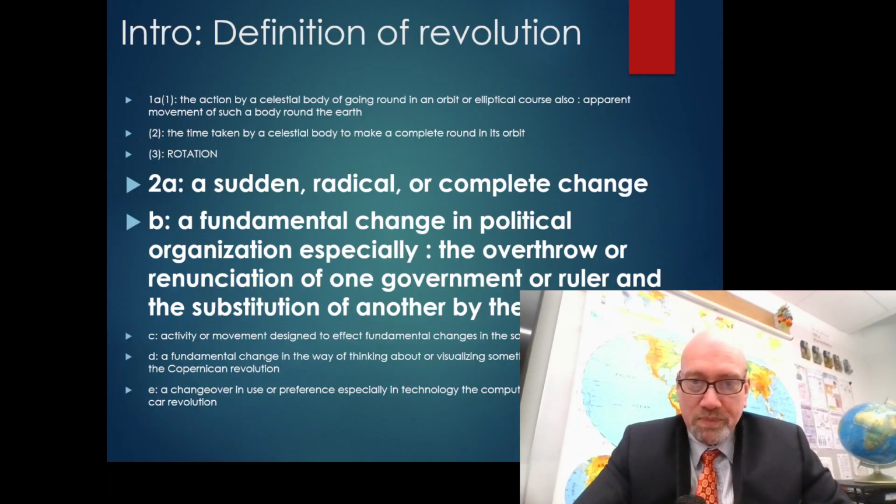However, it is also a sudden or radical or complete change. Now, does that mean it could not be semi-sudden? What about, for example, the civil rights movement in Canada, the civil rights movement in the United States of America? That is a change. Could that also be considered a revolution? The province of Quebec in Canada had something called the Quiet Revolution. That's also a change, but it did not necessarily involve violence and war.